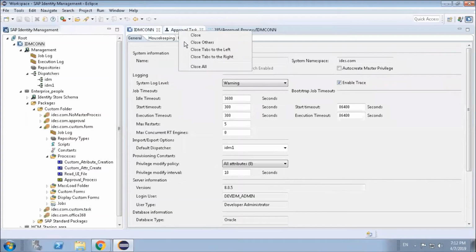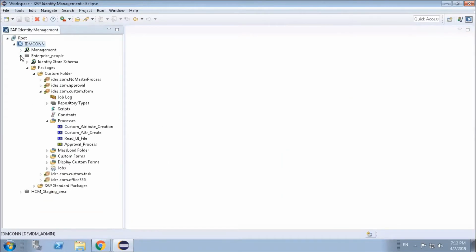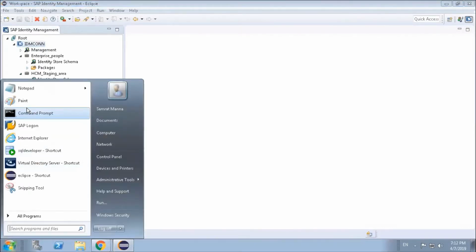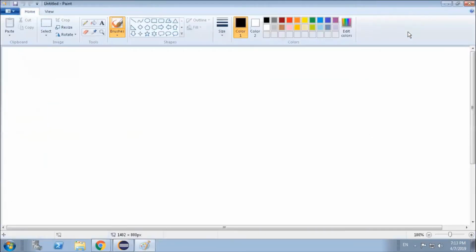So let's close all those things first, and then we will do. So in our HR IDM integration, we have three components to be considered.